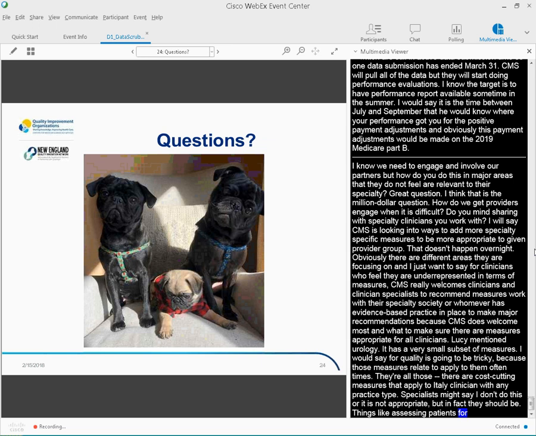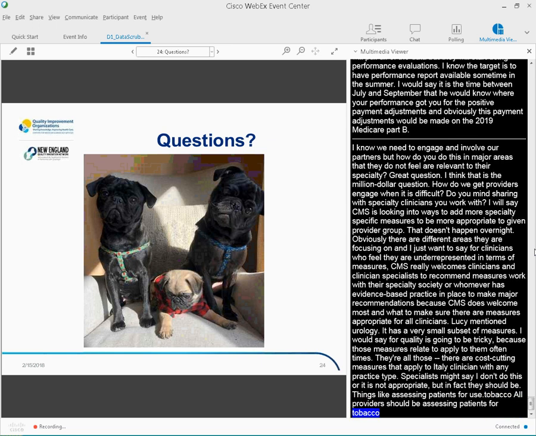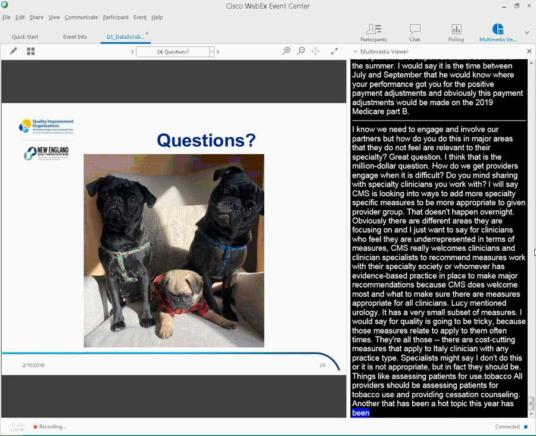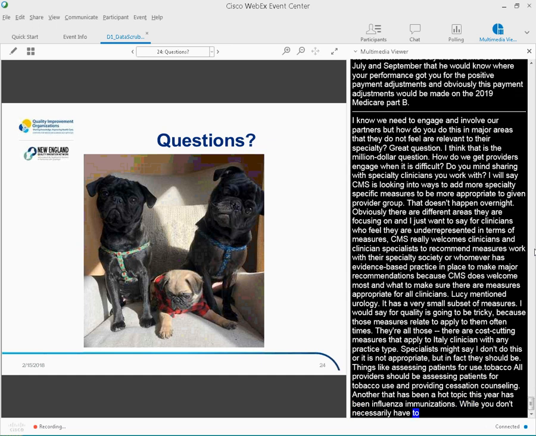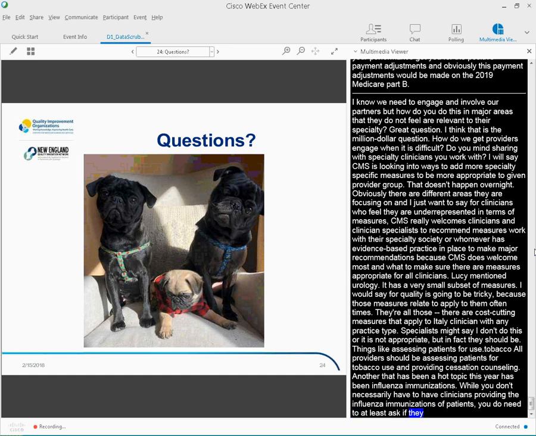Another that's been a hot topic this year has been influenza immunizations. While you don't necessarily have to have your clinicians providing the immunization, you do need to at least ask patients whether they've received it or not and document it in your system. Patients might go to a local pharmacy and receive it. If you document that in your system, you would get credit for it.